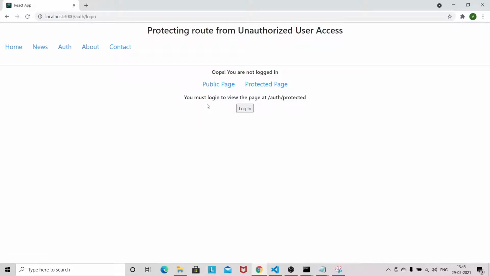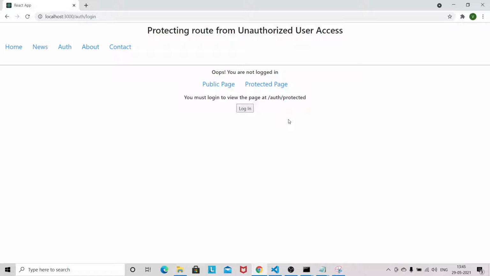It's saying you must log in to view the page. So I will log in. We are logged in. Welcome back, and you are able to access the public and the protected page both with the logged in user. Now we'll sign out. So we are not able to access the protected page, and we can still access the public page.